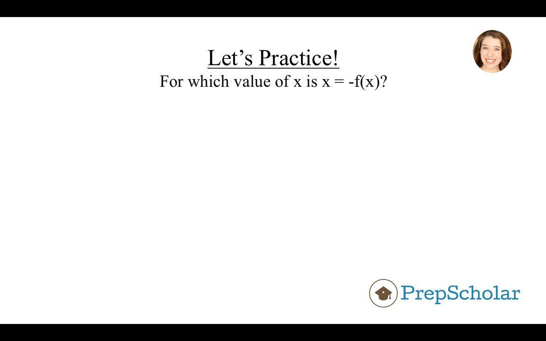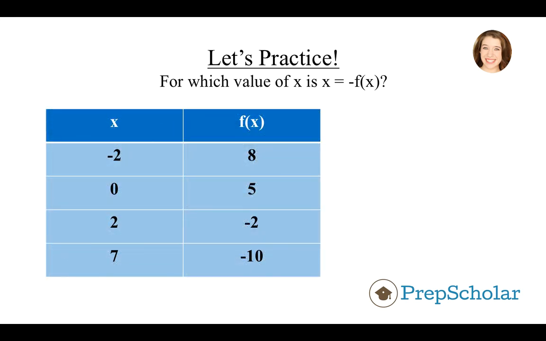For which value of x is x equal to negative f of x? Okay, so let's go ahead and take a look at the table that we're dealing with. Now we've got our x values and we've got our f of x values. Let's go ahead and translate this data so that we can figure out which value of x makes this equation